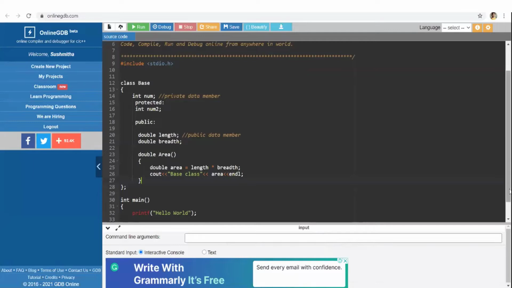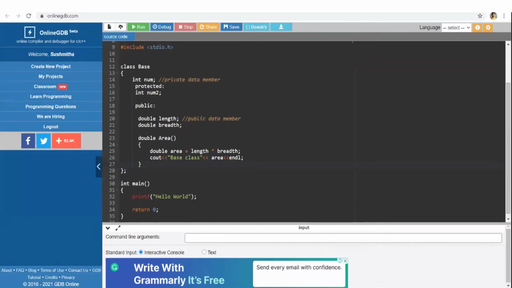So this is a simple program of calculating the area of a rectangle.